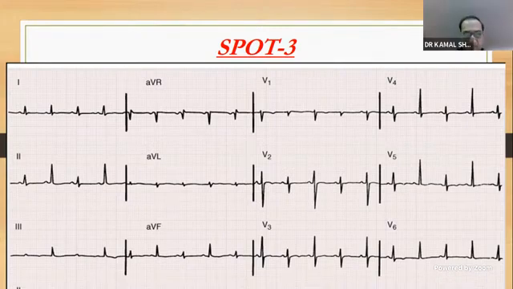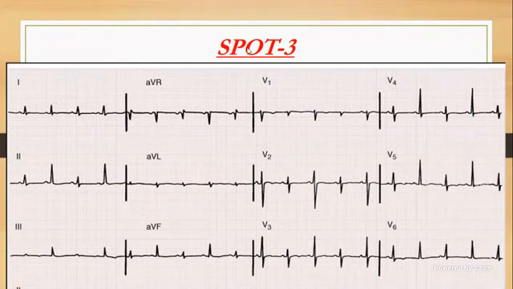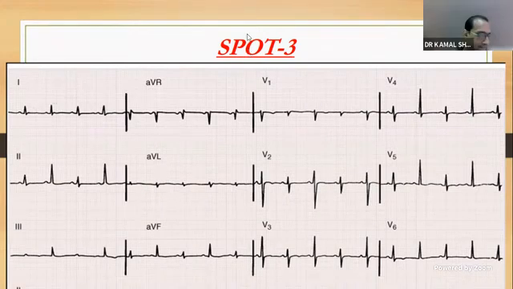So tell me other causes where you get electrical alternans. So what are the different types of electrical alternans? You have QRS alternans, you have T alternans, and then you have PQRST alternans. And you can even have P alternans. So do you know causes for them? The T alternans mostly seen in arrhythmia like, which arrhythmia? Long QT syndrome, sir. Absolutely good, fantastic. So T wave alternans is a feature of long QT syndrome. Can you be more precise? Which